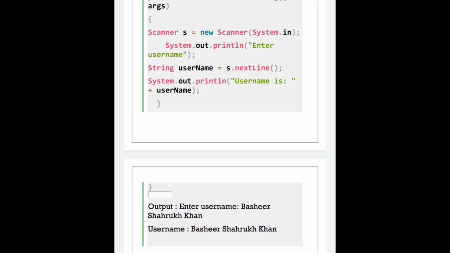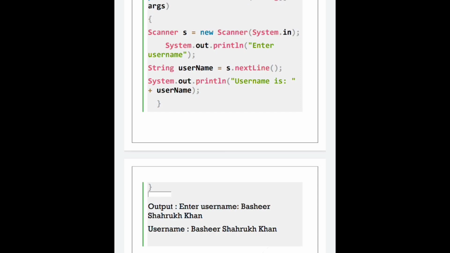Basically, the output will be enter username. As you have seen above, System.out.println enter username is our first printing statement, which has printed enter username. Here I have given the username as Bashir Shah Rukh Khan, which is actually my name. After entering it, the nextLine method executes and reads whatever data I have given.